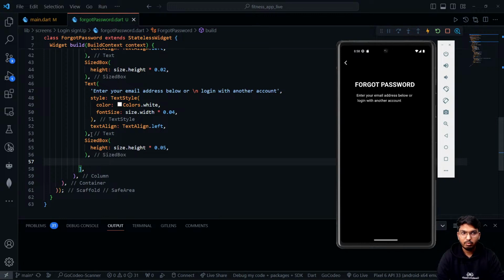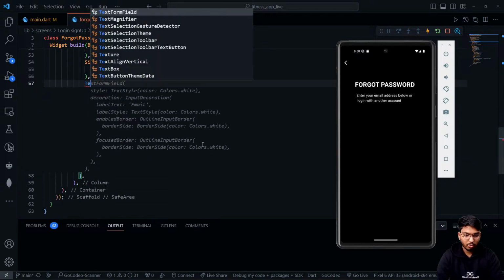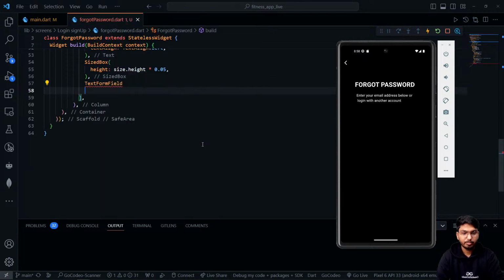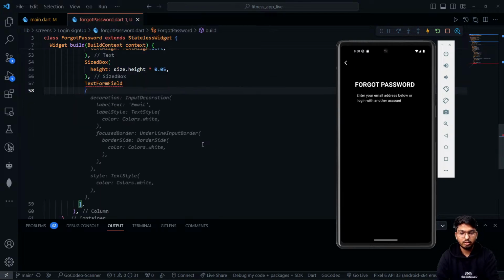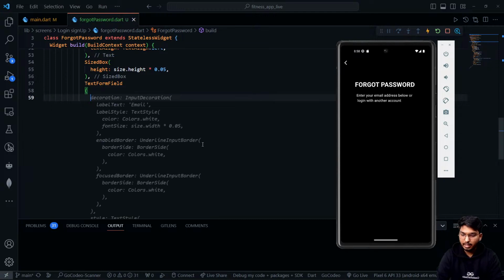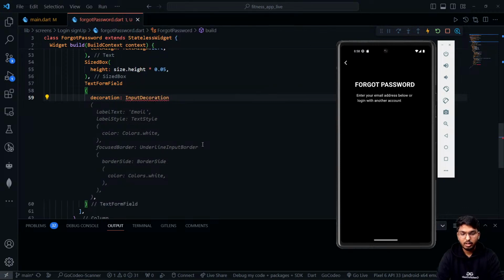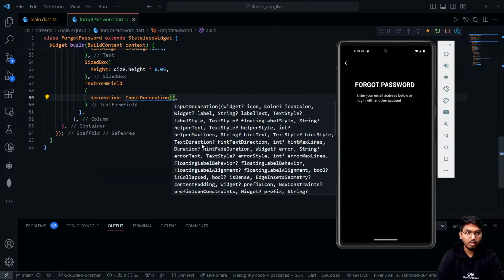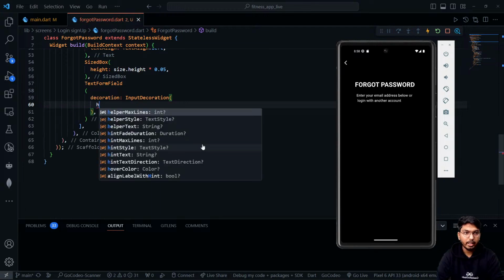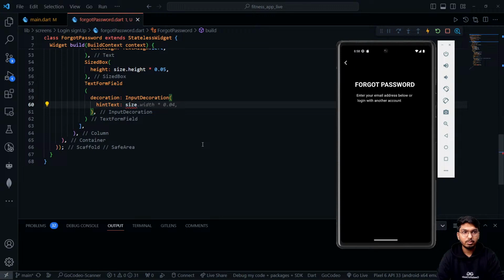And right after this height, we will be entering the text field that we need. Okay, so I'm gonna enter text form field. Now this text form field will be storing some of the inputs, like that is decoration. So inside that we have input decoration, and that input decoration is able to give you hint text. Okay, so we have hint text. That hint text will be what